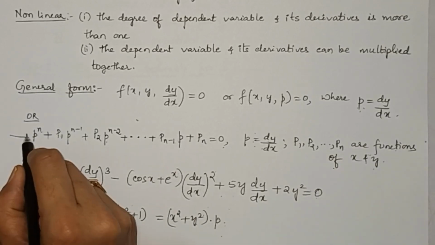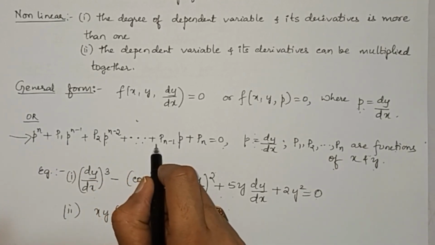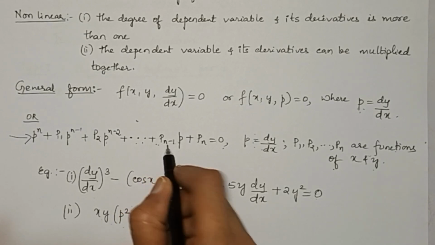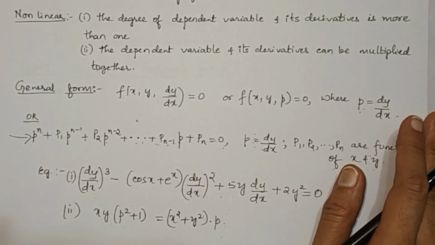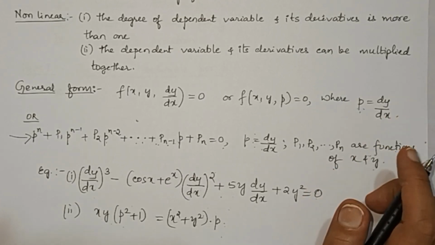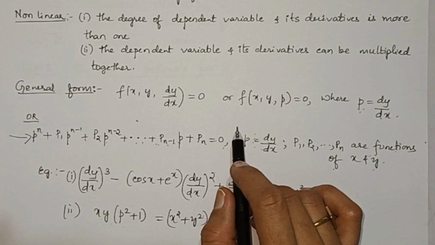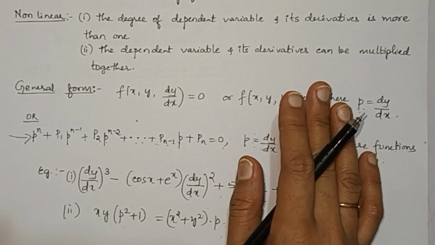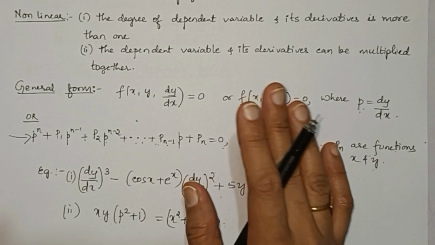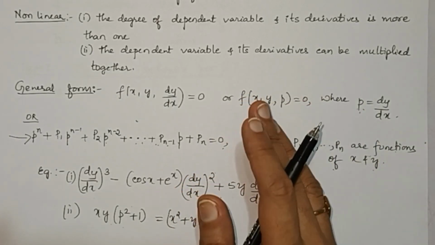So this is the general form of first order nonlinear differential equation. So this is all about first order nonlinear differential equations. Now let us see how to solve these equations. Every first order nonlinear differential equation need not be solvable. So there are few equations which can be solvable, and there are few equations you can't get the solutions of